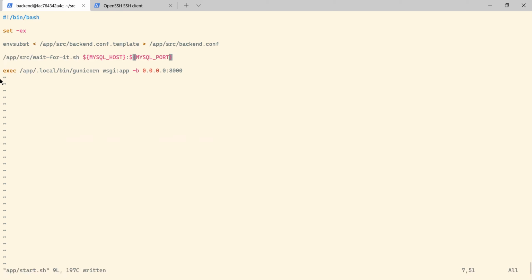So when you run the script, first you change the variables in the configuration file, but then you call that script, and the script is going to wait until that host and that port